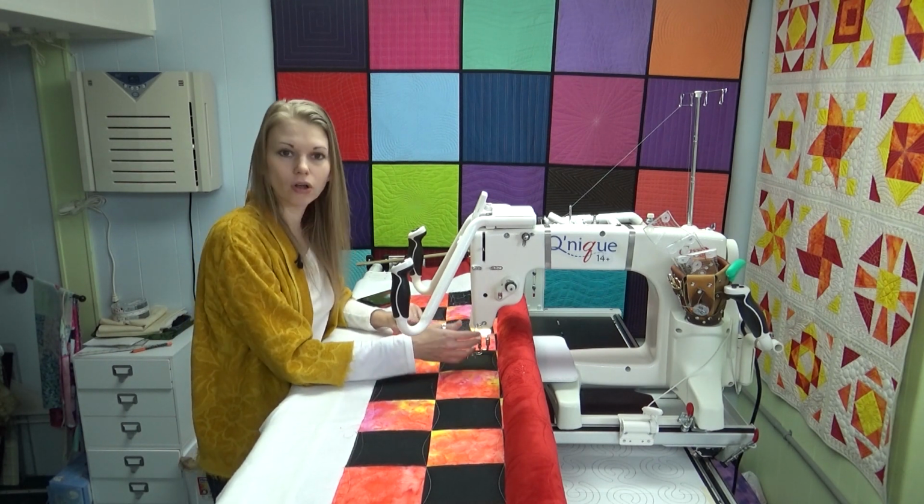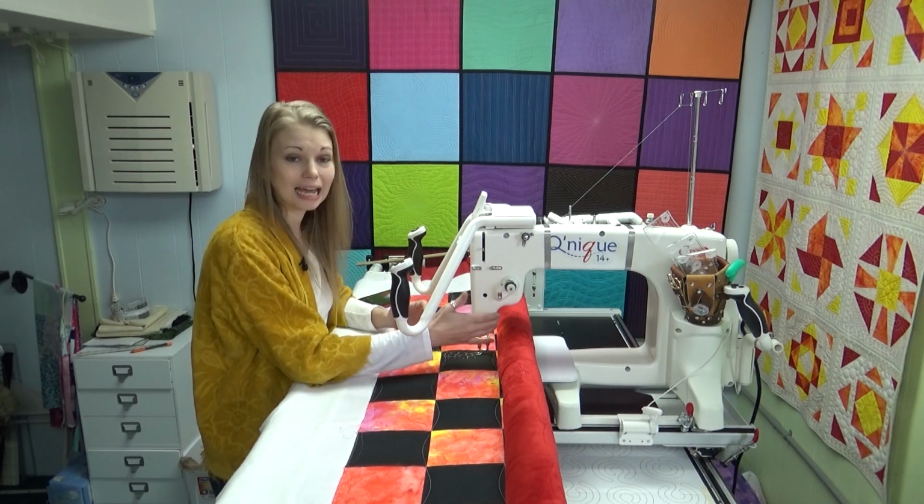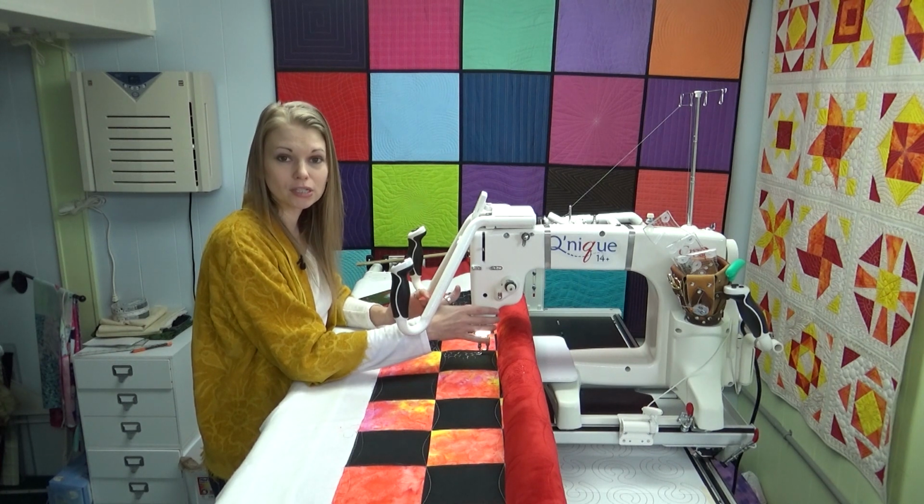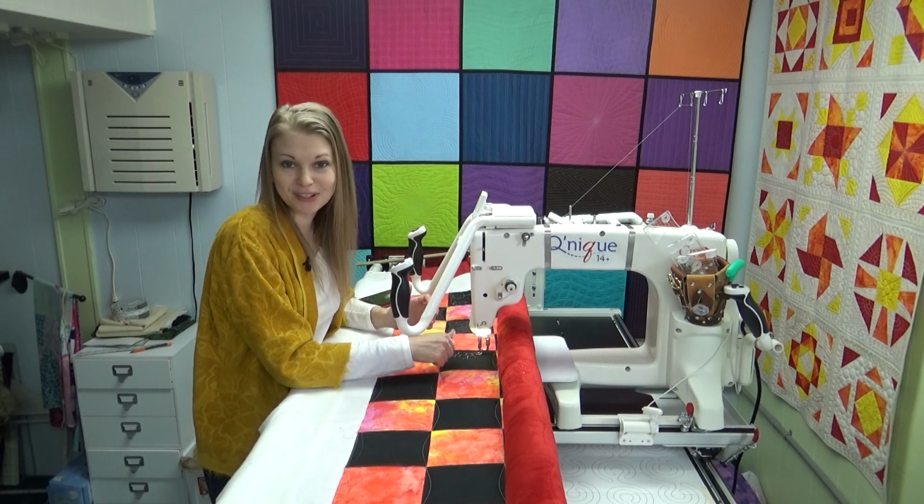So I think overall, this was a really good experiment. I did like having my hand back here. I felt like I was a little bit more in control over the machine's movement. As far as the perfection of the stitches,